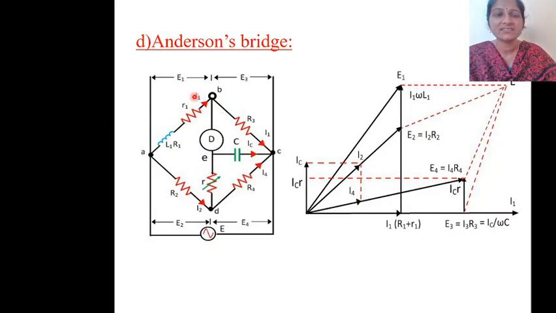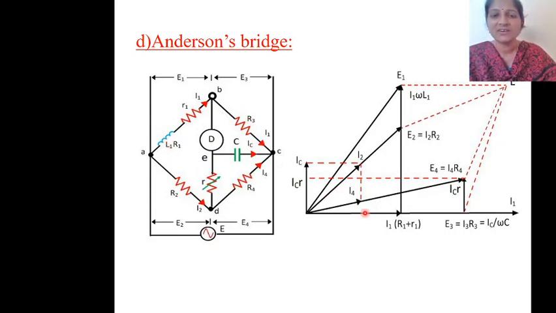this is E1. The equations which you need to remember while drawing the phasor diagrams are E1 is equal to E2, E3 is equal to E4, and E1 plus E3 is equal to total voltage E. So these equations are must and should you need to remember. Without these equations you will not be able to draw. So first, what is E1? E1 is nothing but I1 into small r1 plus capital R1 plus j omega L1.